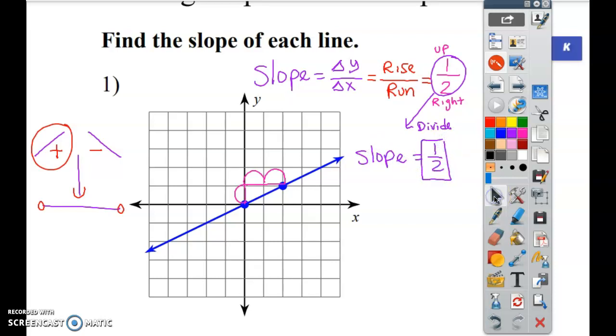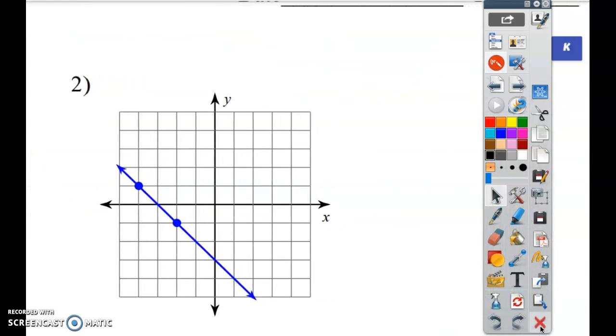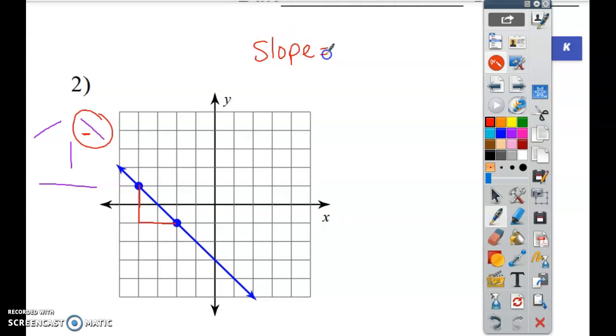Okay, let's go look at problem number 2. Do you understand the question? This looks like, if you look at this graph, it's going down, and if we look at our slope man, which one does it look like? It looks like this one, right? And this is a negative slope, so I know that this is a negative slope because my rise is going down and over. So slope, write it down, equals the rise over the run,